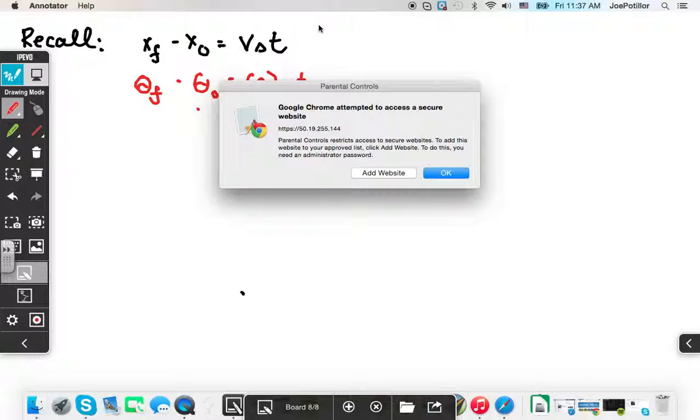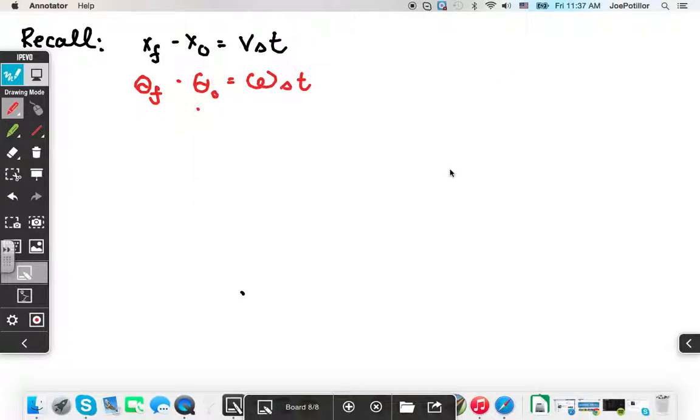Now, something you ought to note: your book makes a point of mentioning the difference between angular speed and angular velocity. Well, technically there is no difference. Here's why. Because we're moving at an angle, this movement is always occurring at an angle. So whether it's speed or velocity, it really doesn't matter. It will always be at the angle, regardless of what you say or do. So we really can interchange the two